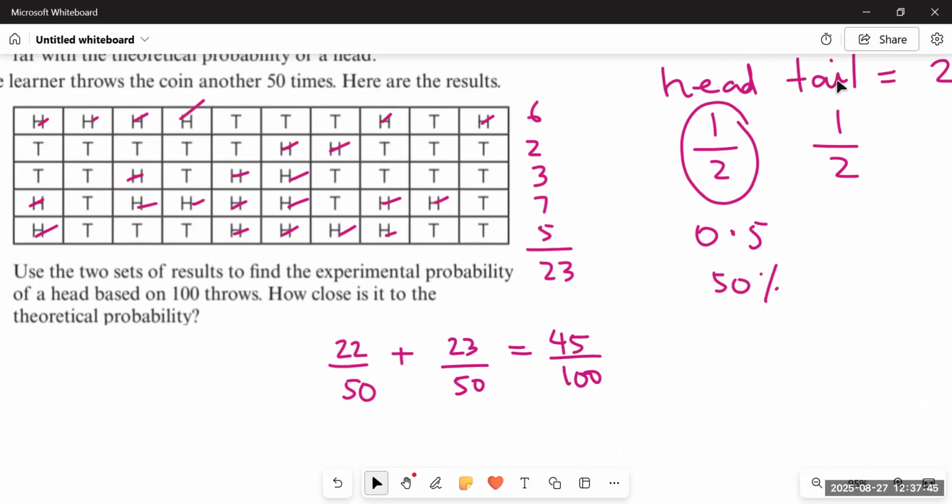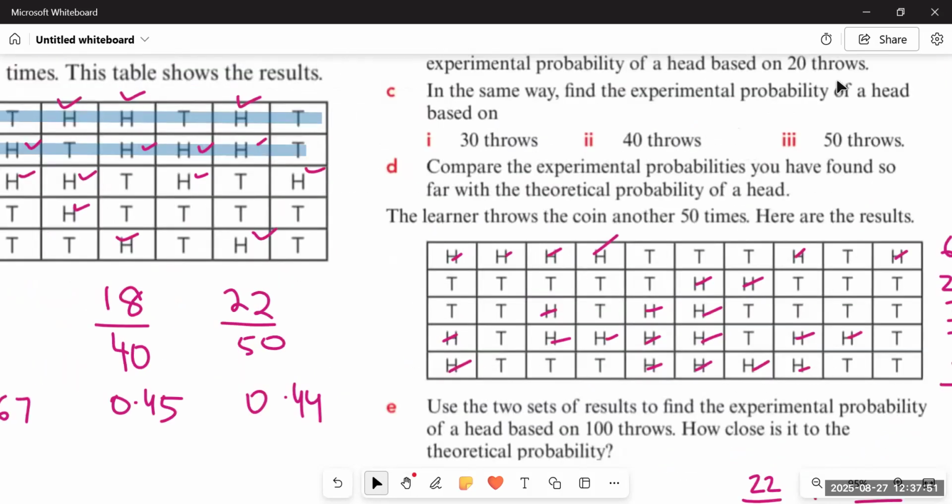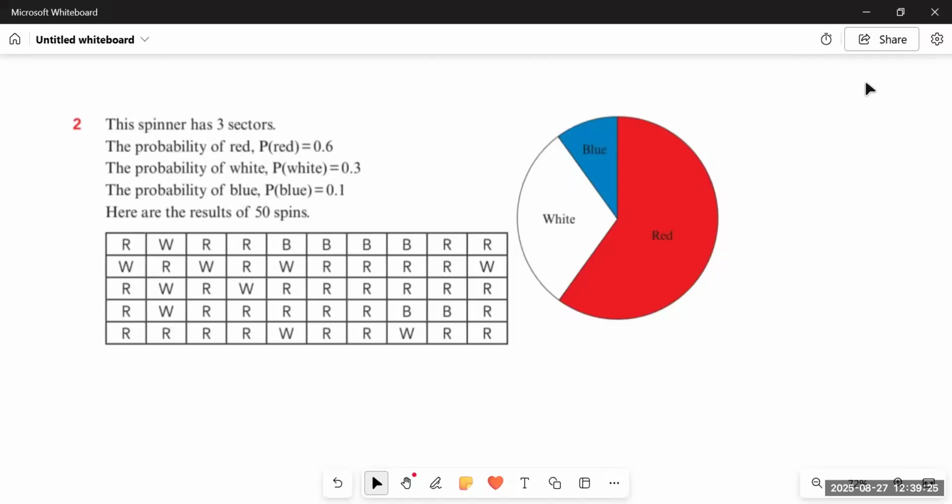What are we doing to find the experimental probability? We have to count the total number of experiments carried out, the total number of throws. But to find the theoretical probability, we just have to look for the total number of outcomes in every single throw. In every single throw, we have only two outcomes, head and tail. So to find the theoretical probability, we focus on only one throw and how many outcomes are in a single throw. And to find the experimental probability, we look at the number of throws, and according to that, we calculate the experimental probability. That's all.